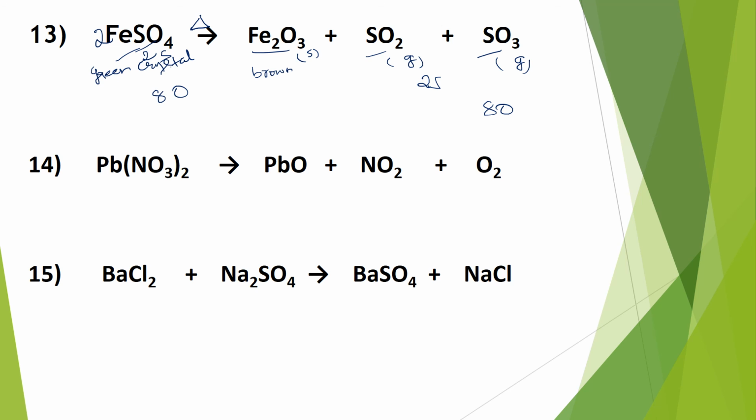Now the next question is lead nitrate on heating. This again comes under thermal decomposition. On heating, lead nitrate, which are white colored crystals, decompose to form lead oxide. And next, brown colored fumes, that is of nitrogen dioxide, which is a gas. Gas is brown colored. And here oxygen is again a gas. Lead oxide is a solid, and lead nitrate is again solid.